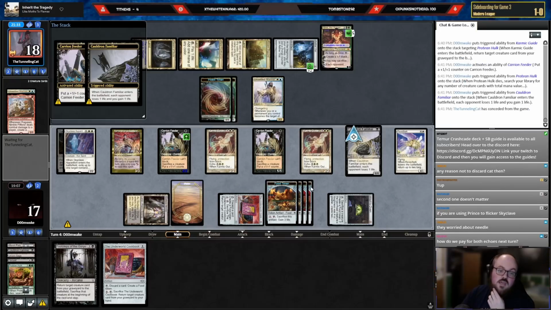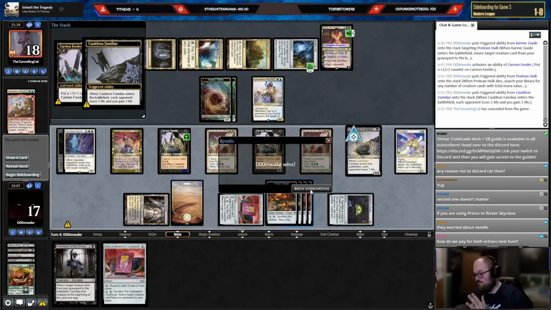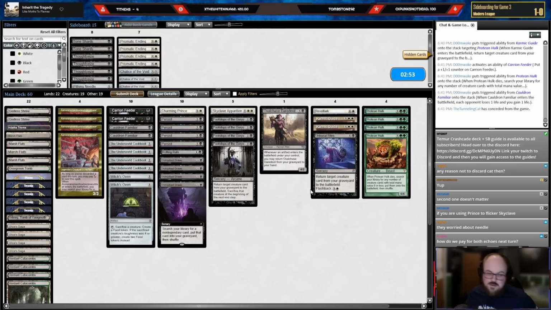Alright, they've conceded from the game. Lit. But how do we pay for both Echoes? That is a great question. Don't need to pay for Echo when your opponent literally dies. So...